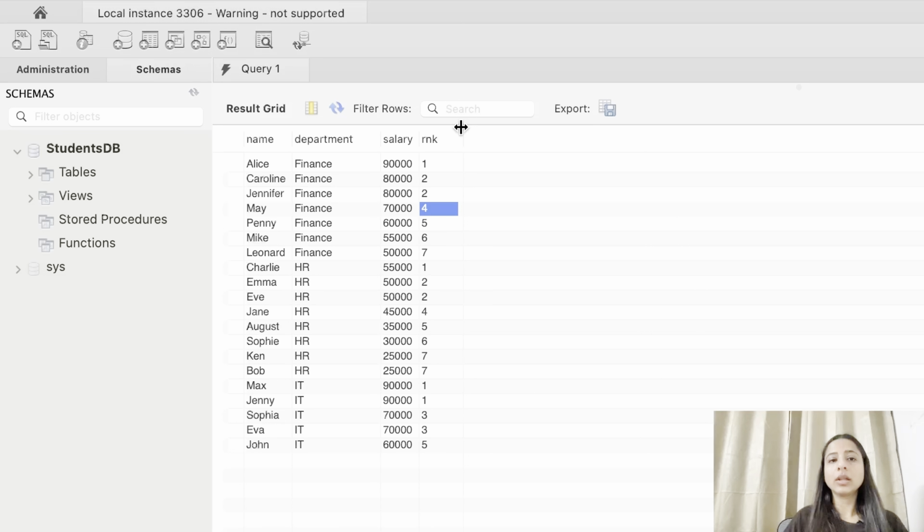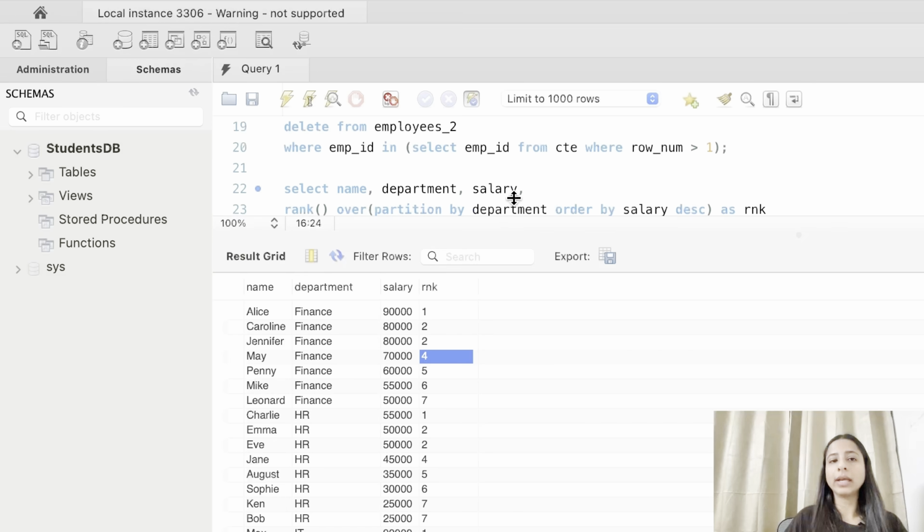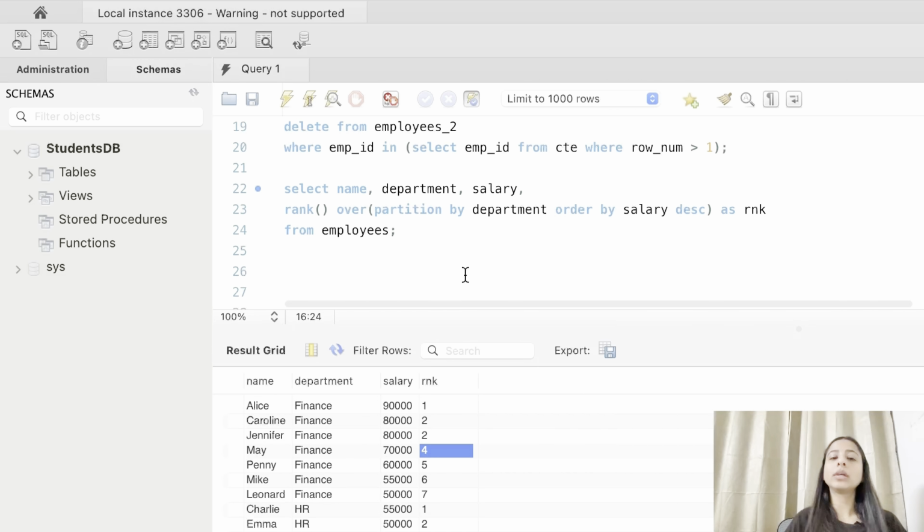All right. Now let's understand the next window function, which is very similar to rank, which is dense rank. But the only difference is, in rank the next rank is skipped, but in dense rank it does not get skipped and we get the sequential order.